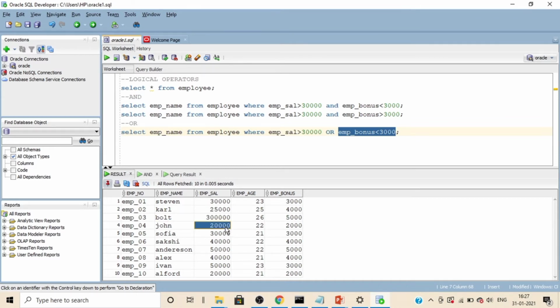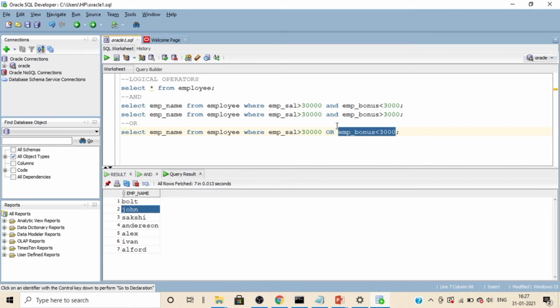He has a bonus greater than 3,000, that is 5,000. John is not getting a salary greater than 30,000 but he is there because his bonus is less than 3,000. So it is a combination of both the conditions. If any of the conditions is true, it will execute, it will result as true.